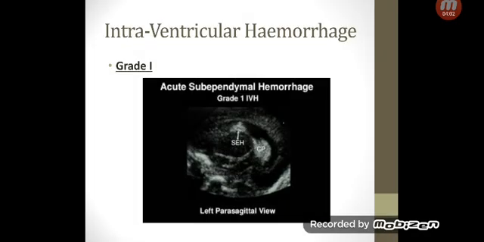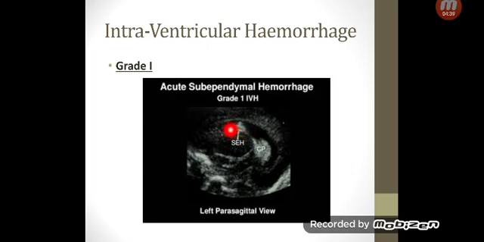Knowing that, we should look at what it looks like. If you look at this picture, it's not the most brilliant picture, but it's also a bit interesting and I'll explain later. This is the lateral ventricle. It can be the right or the left. In this case, it's the left parasagittal view because it's written downstairs. This is the choroid plexus, so we know where it is. And there's an echogenic finding here,